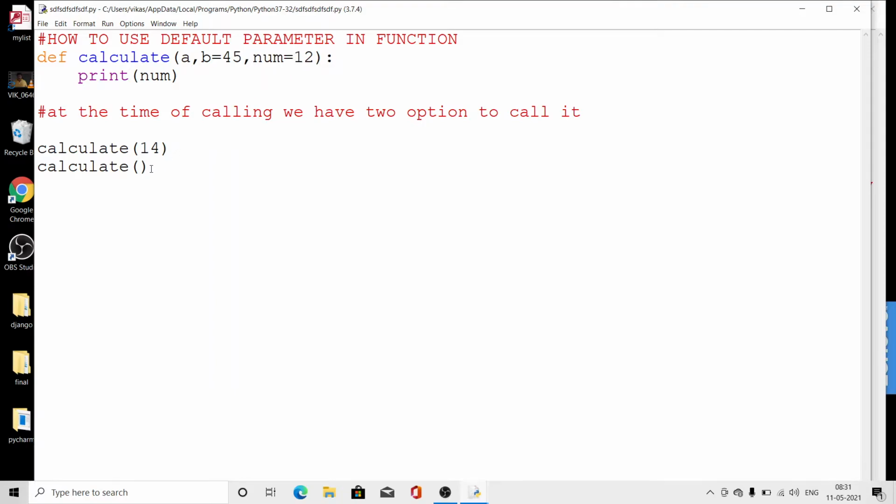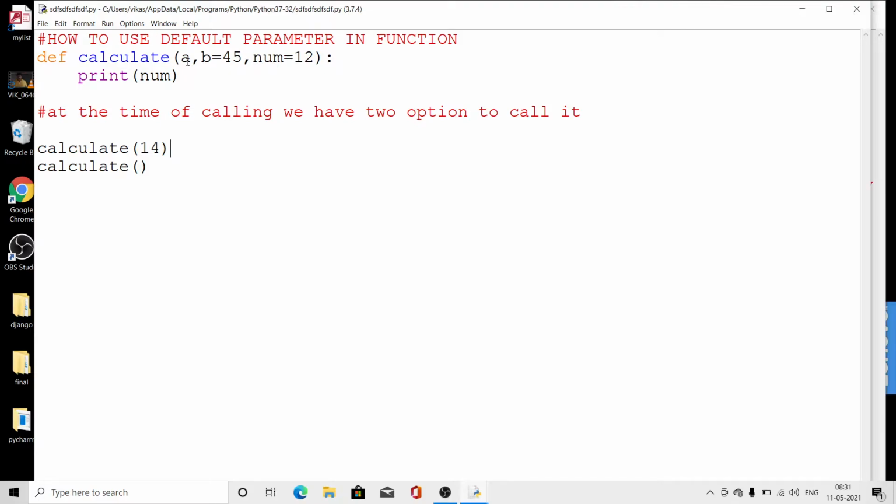Why? Because here it runs and assigns the value of A 14, value of B 45, and value of num. In the defined function we have two default parameters and one non-default parameter.